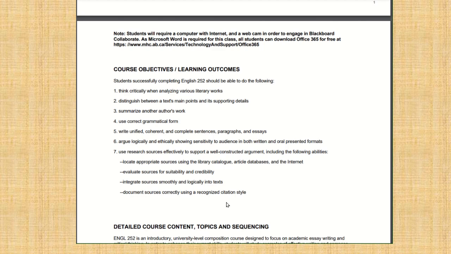Every English paper you're ever going to write within the walls of an English class, or in this case, the digital walls of an English class, are going to be using MLA style. You might be familiar, a few students have reached out to me that they're familiar with APA, which is what science-based classes use, but we don't use that within this class. So I'm going to go over how to use MLA throughout the whole semester.